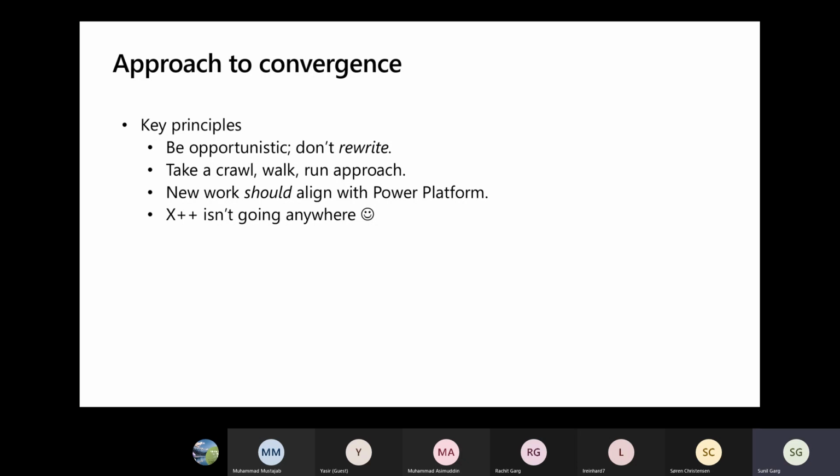This is going to be a journey. We don't expect us to be complete from a convergence standpoint in one release or two releases, but this will be a multi-year journey. And recognizing that fact, we are taking a crawl, walk, and run approach, which is basically to take a step back, take the time to do the things right, take the time to share with all